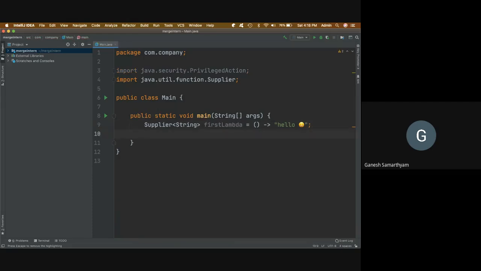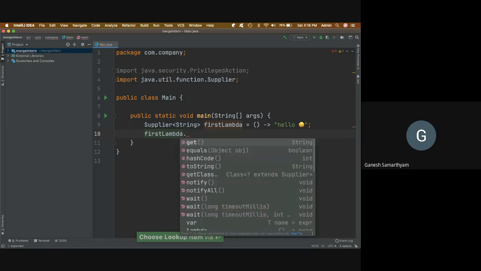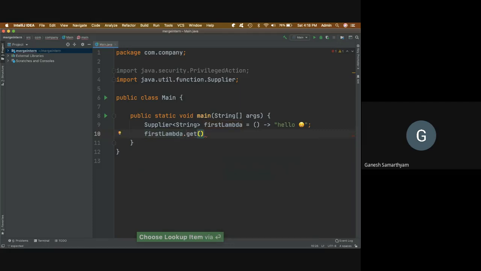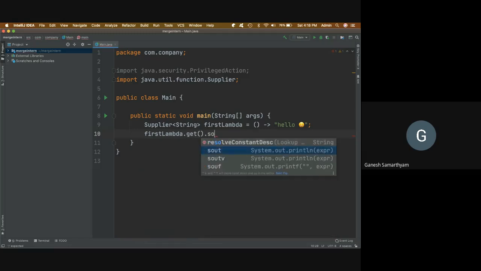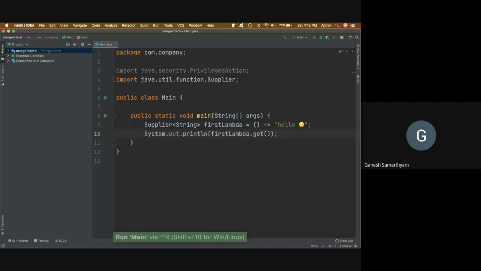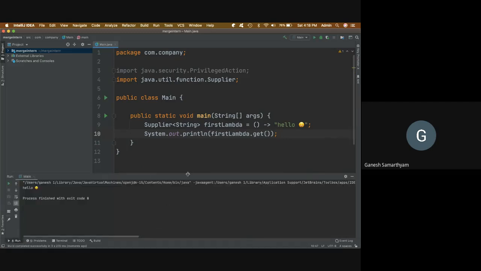Now how do we call my lambda? How do I type first lambda? I can just type first lambda, or I can do camel case, F and L. You can see how it is highlighted. So I can press enter, especially when you have a lot of options coming up. You can do that and say dot get. And how am I going to print that? I'm not going to go back here and type system.out. Rather, I'm going to use a postfix template and type s out. And now here it is, our first program that is working for us.